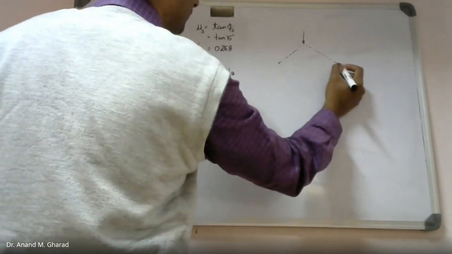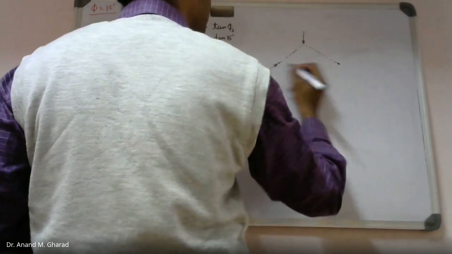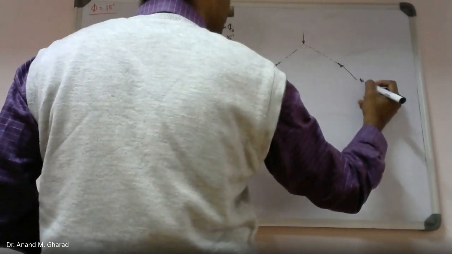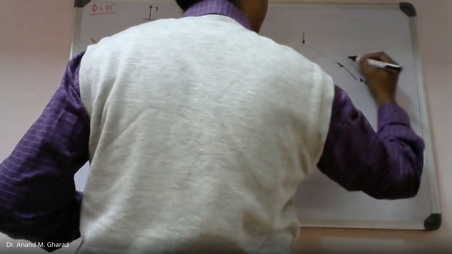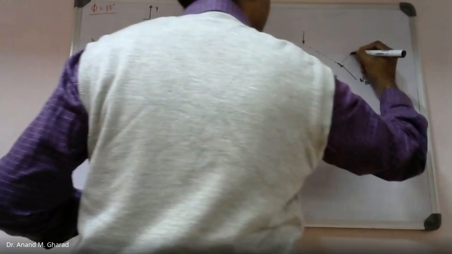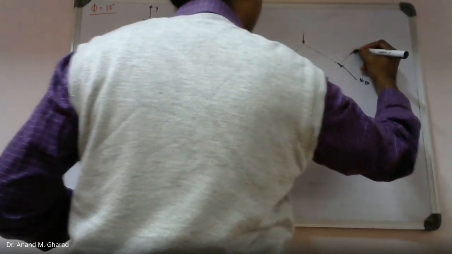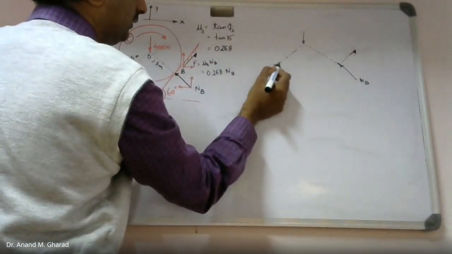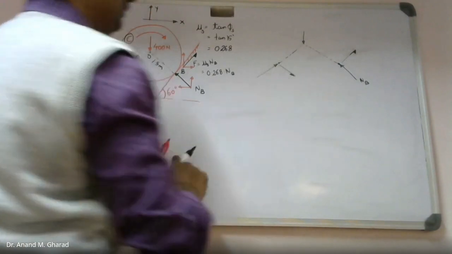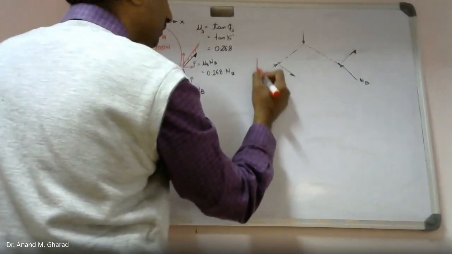This point and this point. Over here, this is NA, NB, whatever. Okay, this is NB. And then over here, frictional resistance. And here, the frictional resistance like this. So you can resolve the